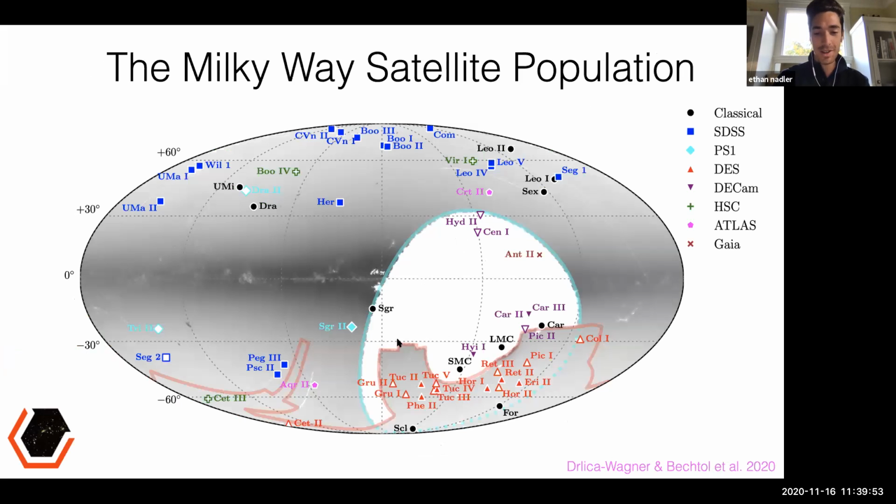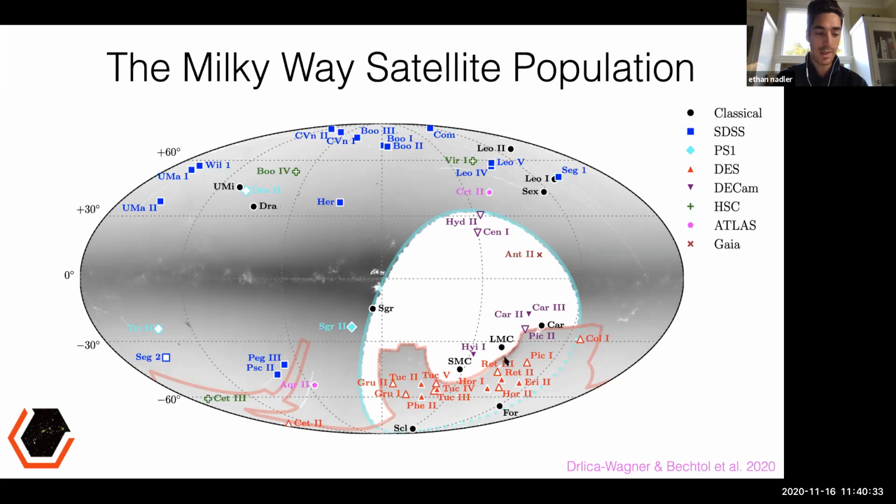So luckily, this is a really very exciting time to do this kind of science. Observations of the Milky Way's satellite galaxy population have really drastically improved in recent years. Roughly after Sloan, 30 Milky Way satellite galaxies were known, and then in the last 10 years or so, deep photometry by the Dark Energy Survey, other Dark Energy Camera surveys, and other surveys have really increased the known number of satellites. So again, doubling it. The population of known Milky Way satellite galaxies is now up to 60 or so.